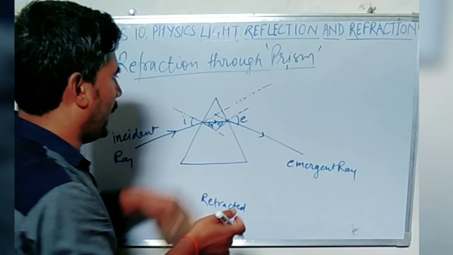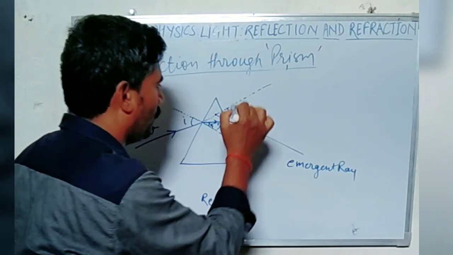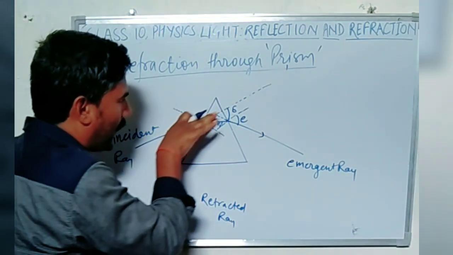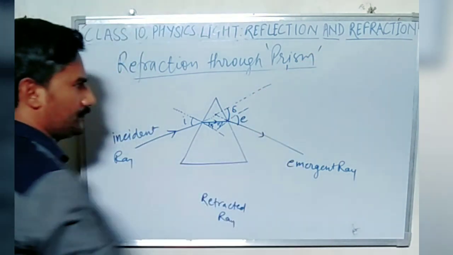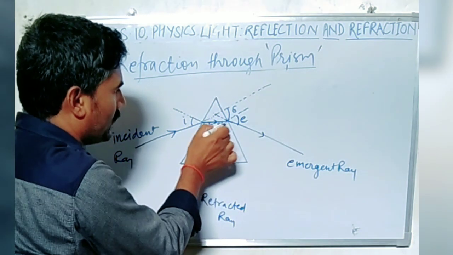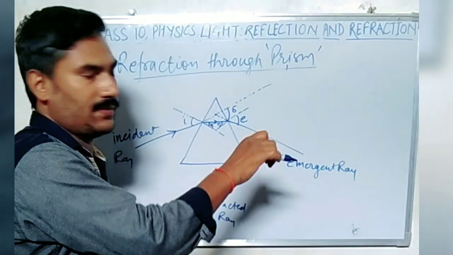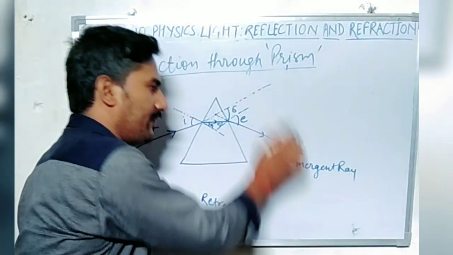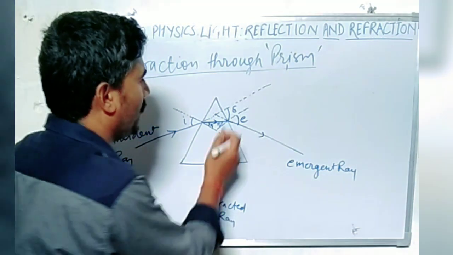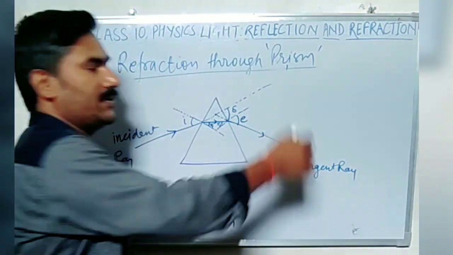From this we can draw the angle of deviation, where this emergent ray deviated, because this is the original path of the incident ray. If this prism had not been placed, the ray would follow this path, and if it is placed, after getting refracted twice, it emerges out of the prism in this direction. So this is the deviated path. So what should be the angle of deviation of this incident ray when this emergent ray is placed?